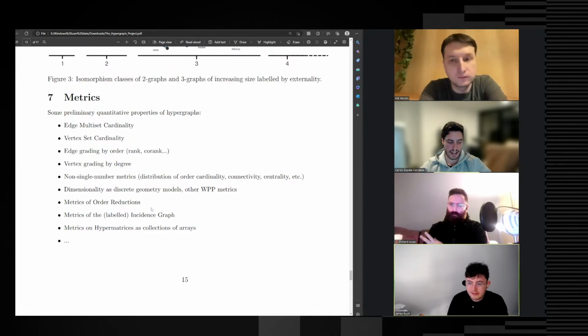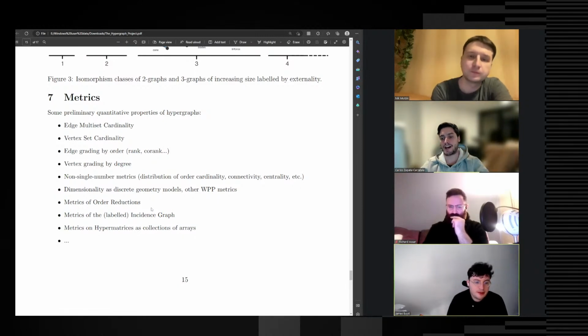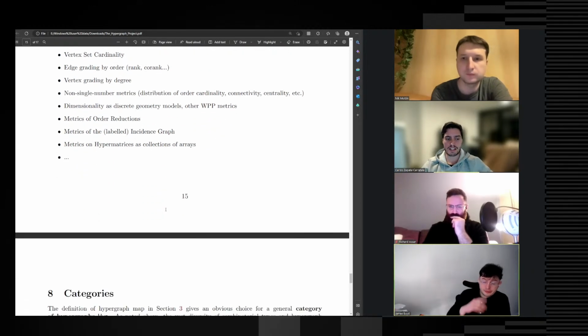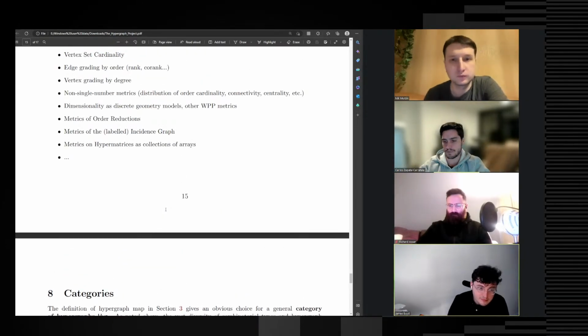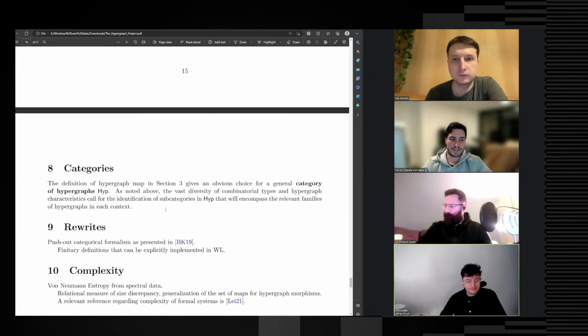Yeah. By the way, I should have clarified that metrics are intrinsic. I just listed the possibilities that we have for intrinsic properties of hypergraphs. The next sections are much more open-ended right now, and getting into the complexity is where we're going to make choices. In the metric part, these things are kind of for free because these are canonical constructions. On the complexity side is when we start to make non-trivial choices.